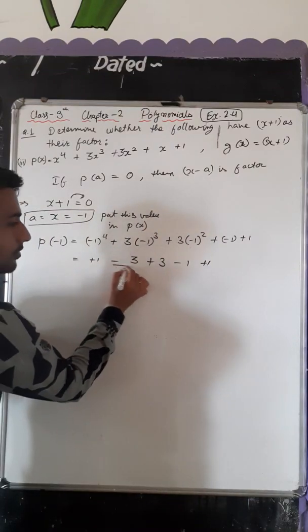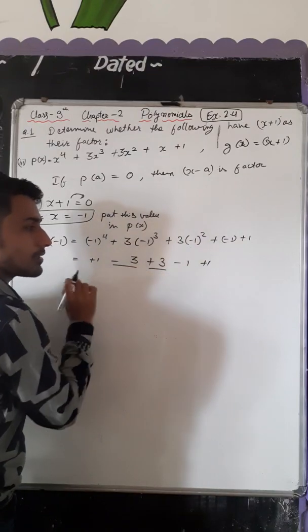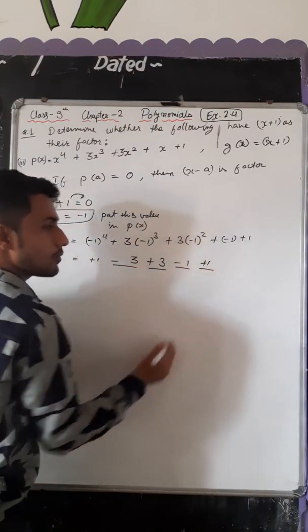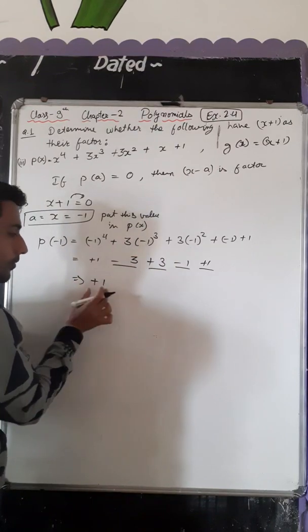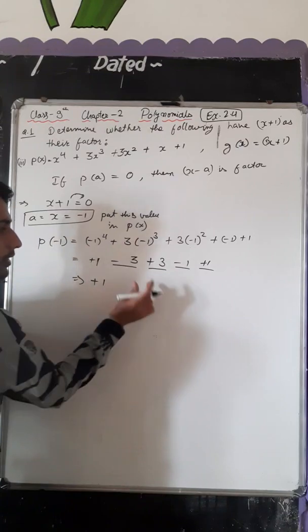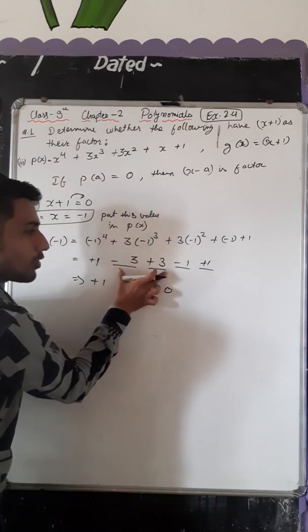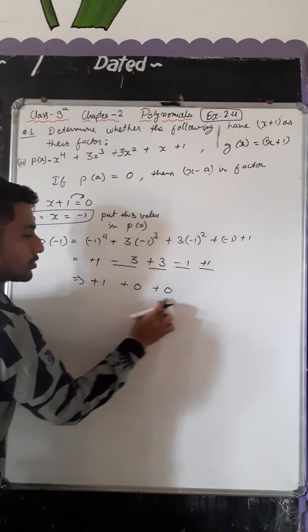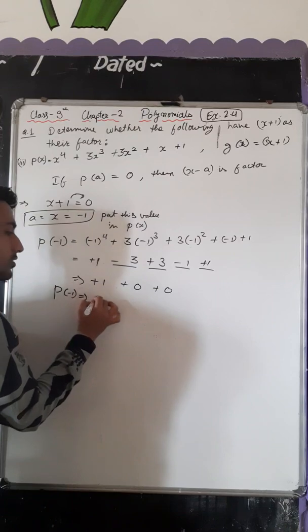1. This minus 1 and this plus 1, this minus 3 and plus 3 will cancel out. This minus 1 and this plus 1 will cancel out. This will result in this only plus 1. यही बचेगा सिर्फ ये प्लस 1, और बाकी ये क्या हो जाएंगे? प्लस 0 प्लस 0. यहां से भी 0 आएगा, यहां से भी 0 आएगा, ये 2 0 आए हैं. मतलब आंसर क्या आ गया? p minus 1 equals to plus 1.